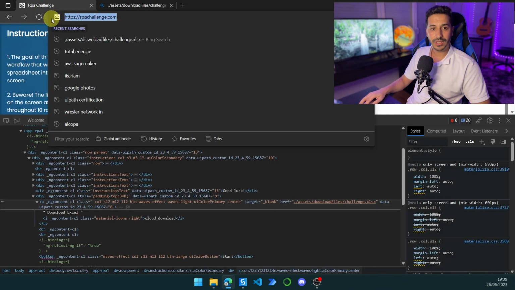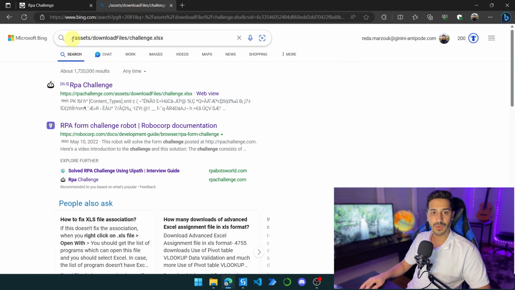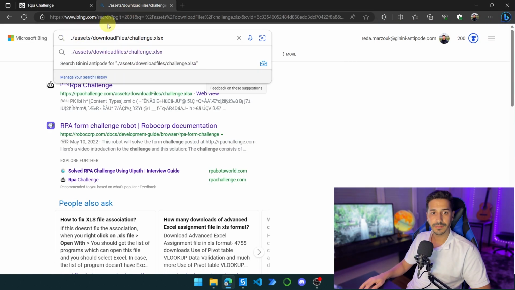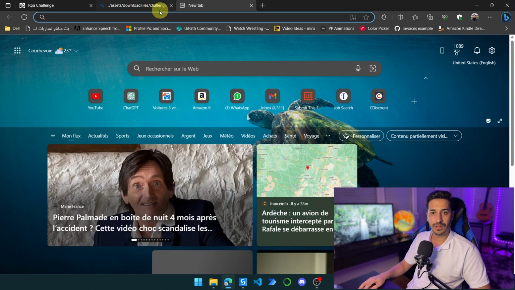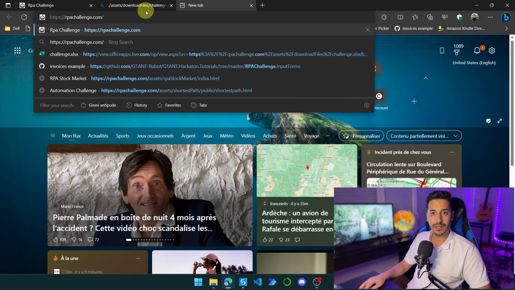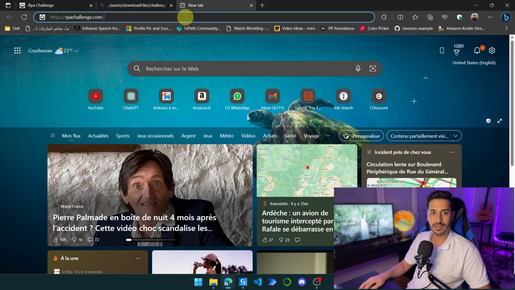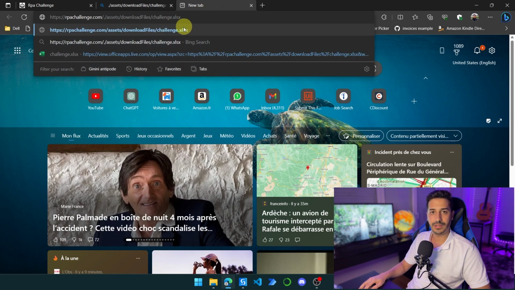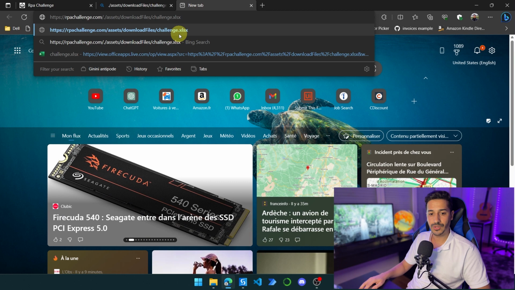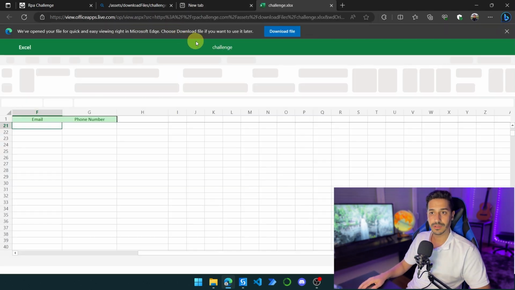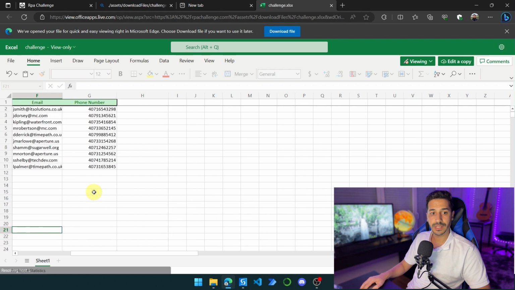So what we should do is that we should copy the RPA Challenge website, and we should paste it here. And then we should copy the rest, and we should paste it here, the rest of the href that we have just copied. So let's click on enter, and as you can see here, it leads me to the website where I want to